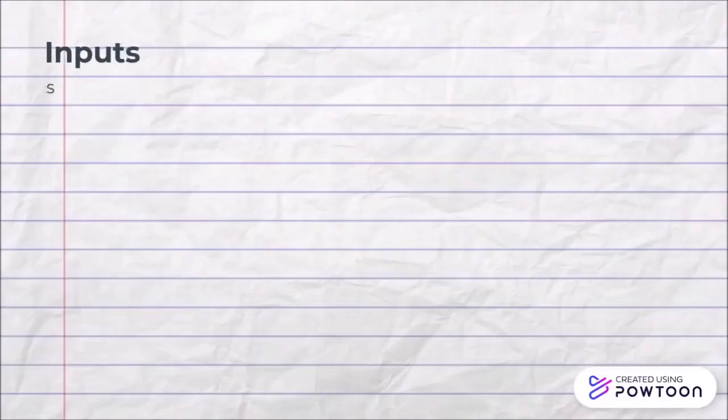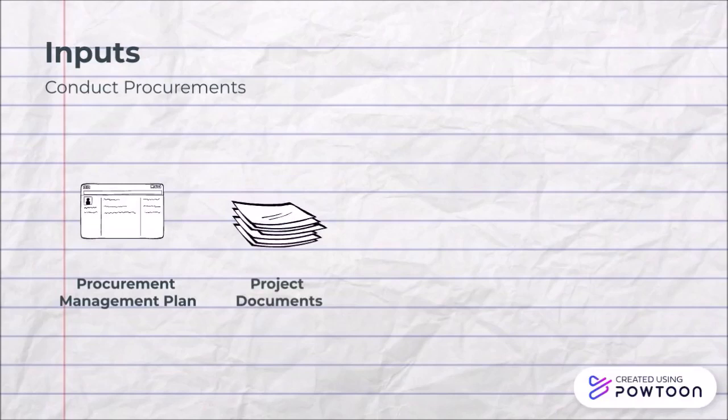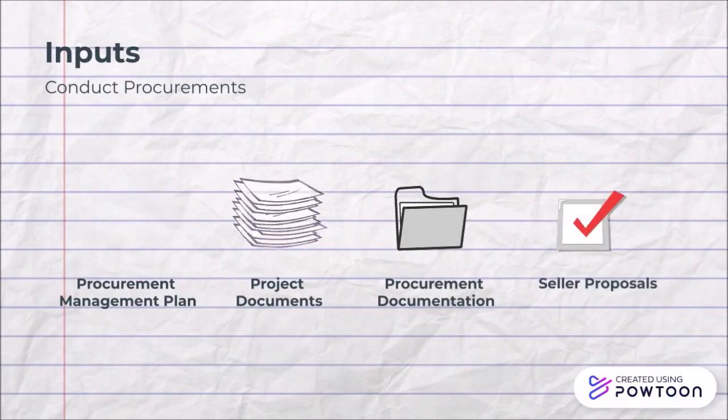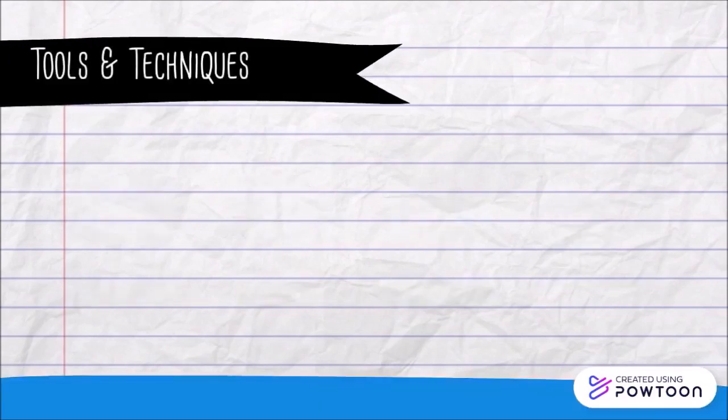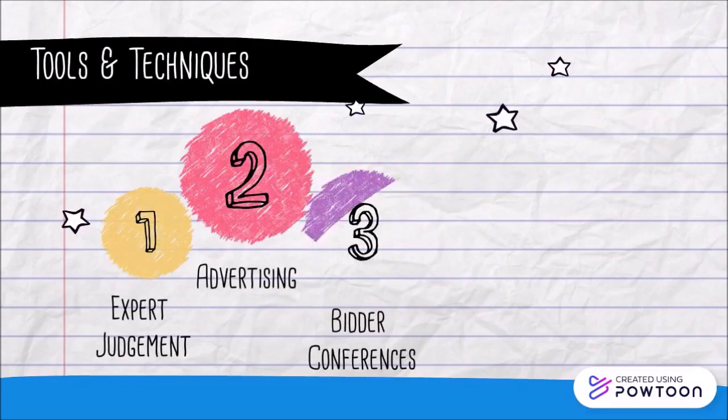Let's look at the inputs for this process. The procurement management plan contains the activities to be undertaken during this process. Project documents contain the project schedule, requirements documents, risk register, and stakeholder register. Procurement documentation contains the bid documents, SOWs, cost estimates, and seller proposals. The seller will be finalized by using some tools and techniques like expert judgment, advertising, attending bidder conferences, data analysis,